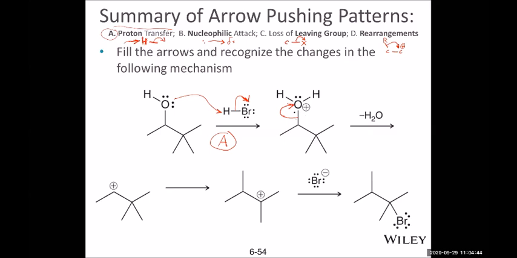And once we draw this arrow, this bond is gone. And the carbon loses the pair of electrons in between, and basically loses one electron, becoming positively charged. And the water part has a positive charge, but once a lone pair lands on the oxygen, it becomes neutral, just water. So with this single arrow, this is a leaving group. This is actually the loss of leaving group, type C in the arrow pushing.